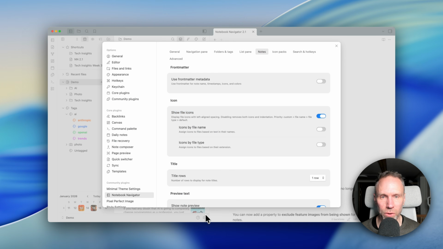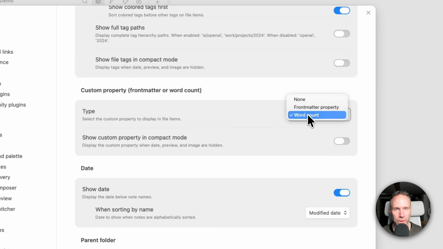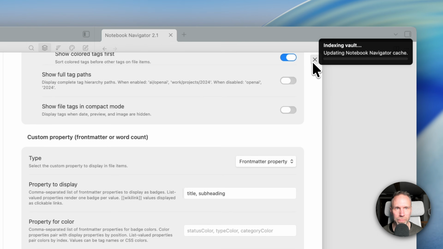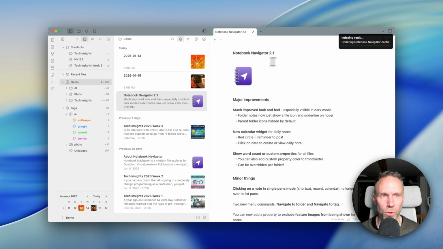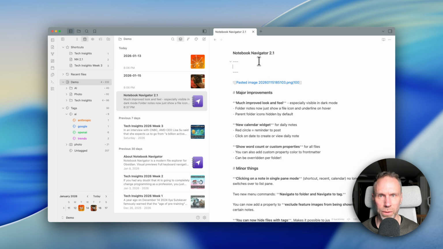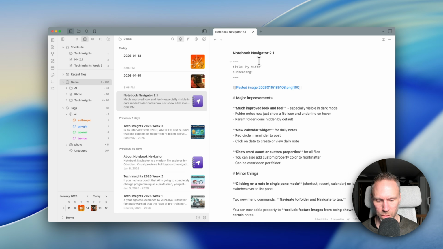The other thing you can show in the notes is a custom property, or custom properties even. So let's switch this over to type front matter property. And let's say we have a property called title and a property called subheading. Then we go into this note and we enable source mode, and we add some properties: title, my title, and subheading, a subheading,